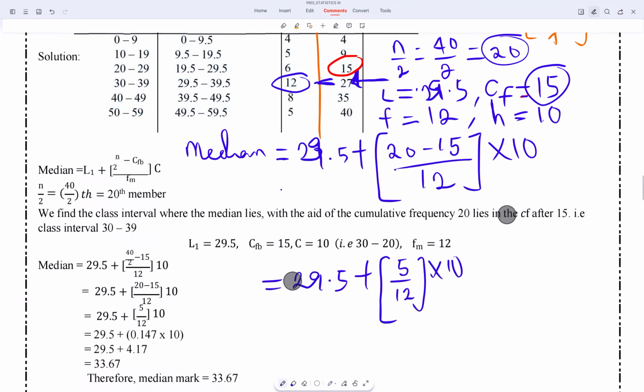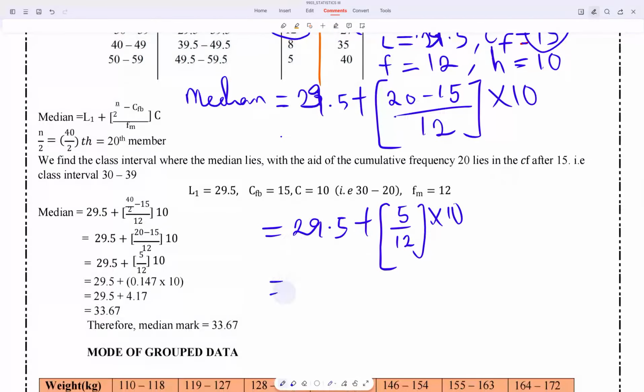So that will now give us, what? 29.5 plus 5 divided by 12 is 0.147. Confirm that on your calculator, then multiply by what? By 10. Do you see that now? So that will give us